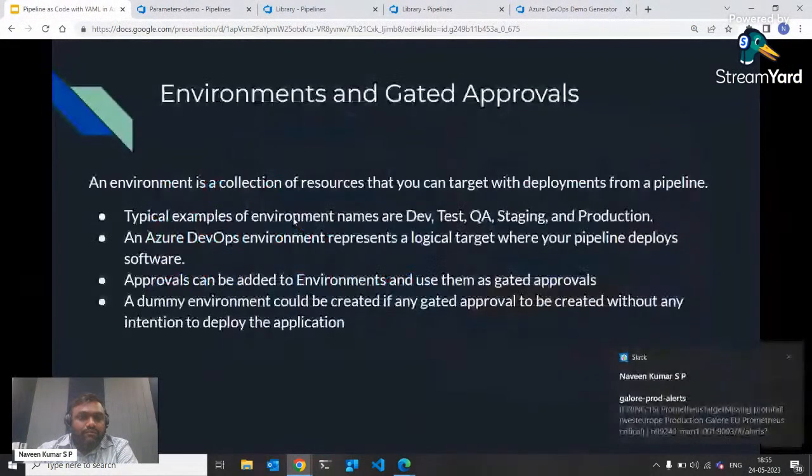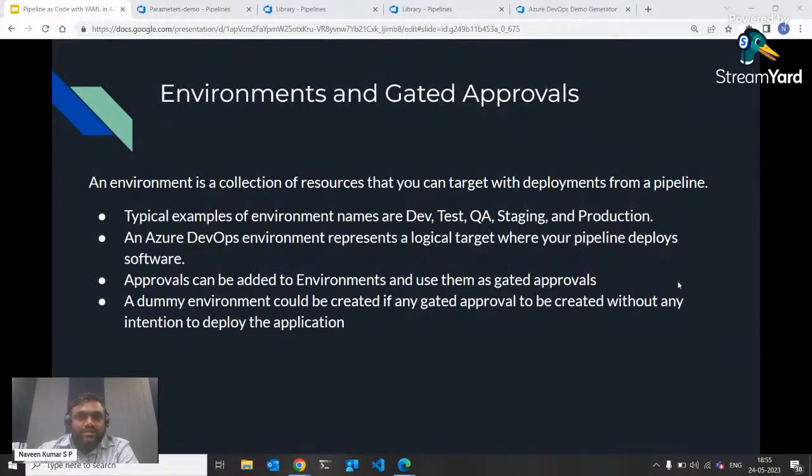So in the meantime, we'll move on to environments and gated approvals. You could create environments so that you could track and trace how the deployment is done. There are three types, majorly. One is none. It's only meant for setting up gated approvals in case you are deploying to external services, say even Azure Cloud or any other cloud platforms, or even an on-premises setup, or even if you're publishing something towards a SaaS platform or any other external PaaS platform, you can use that. Or there are two more options. One is